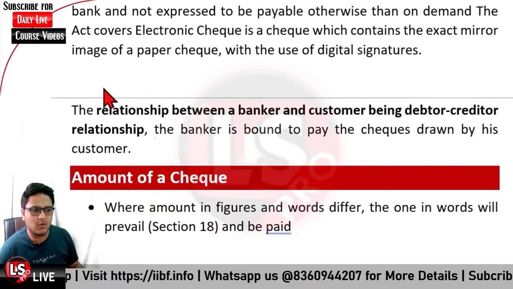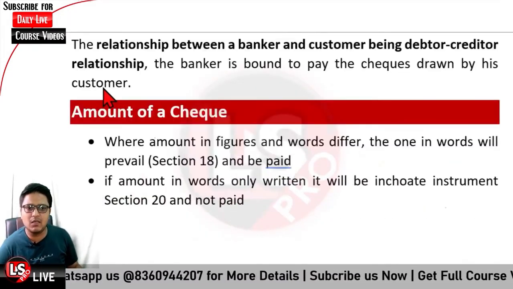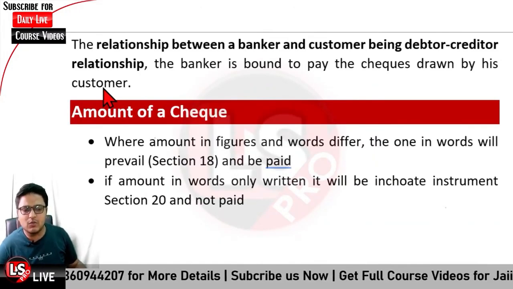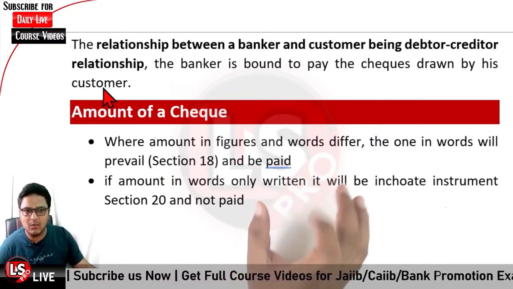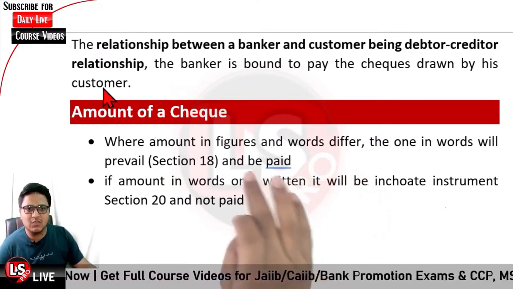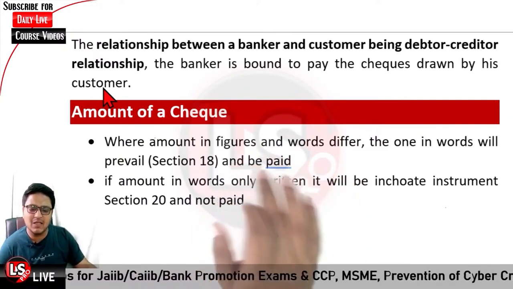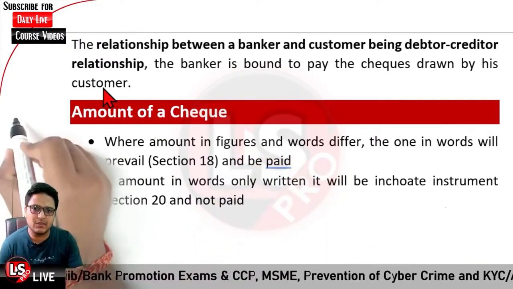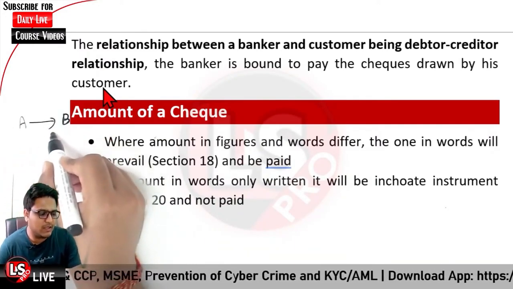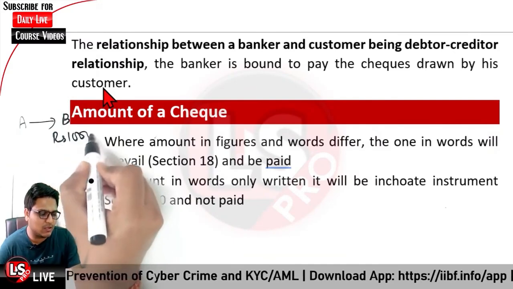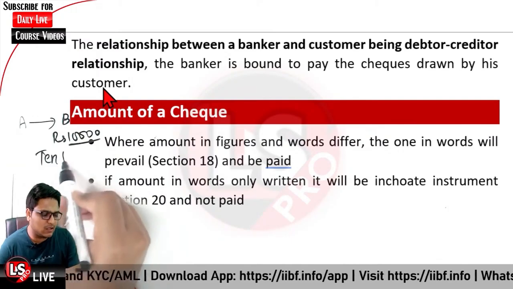And the person is maintaining the available, operable balance in the account. Now it is regarding the amount of a check. The amount is mentioned twice in the check, in figures as well as in words. So if a person wants to pay person B rupees 10,000, he mentions it in figures and also in words, like ten thousand only.